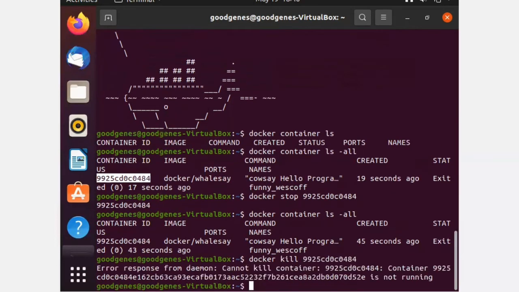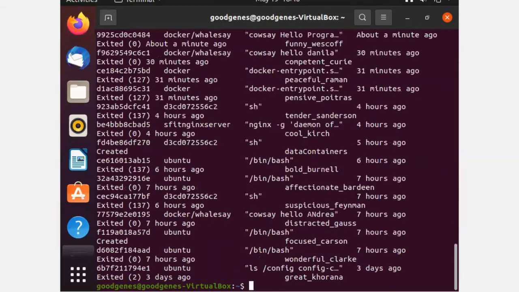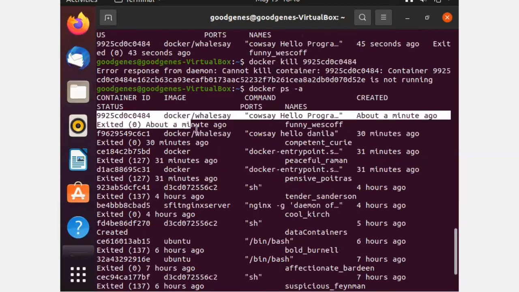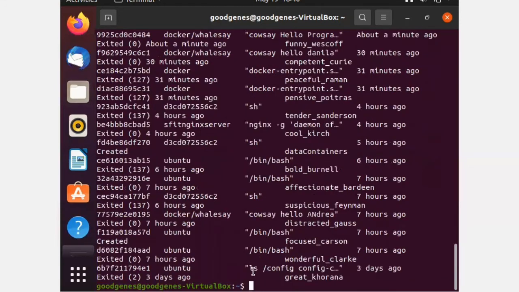Next we will see what command is there. Instead of stop, there is another command, that is the kill command. Basically this command will just kill the container whose container id you give, without giving it time to stop. Stop will at least give it some time, and it will slow down and shut the container properly, but kill will not shut the container properly. Docker ps -a again, so you can see the containers and the images that are there.